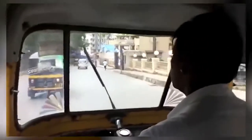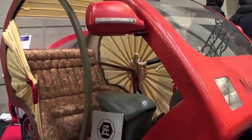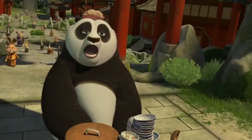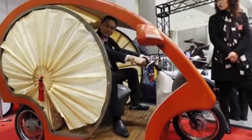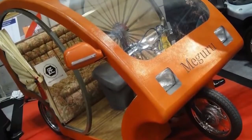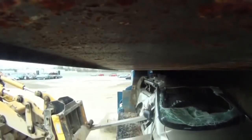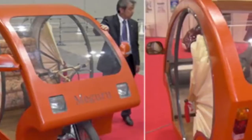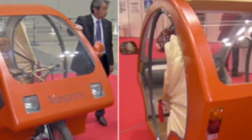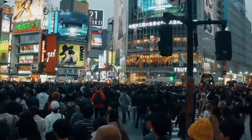The shape will be familiar to anybody who's ever ridden in a rickshaw, but the comparison goes a lot further than just the shape. The floor is made from bamboo, and the doors are the same kind of reinforced paper you'll find in Japanese fans. You might be inclined to think that the car would be throwaway and disposable as a result, but you'd be wrong. It's the product of the Yodogawa Group and Kinki Knives working together, and neither company has a track record